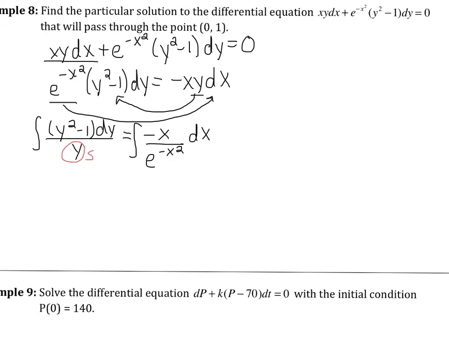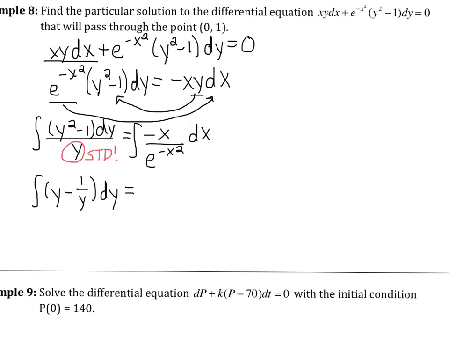In fact, let's write it just because that's fun, right? Use that to your advantage. Simplify this before you go to integrate it. It'll make your life easy. So when you divide each term in the numerator through by y, you'll get y minus 1 over y dy equals, and then on the right-hand side,